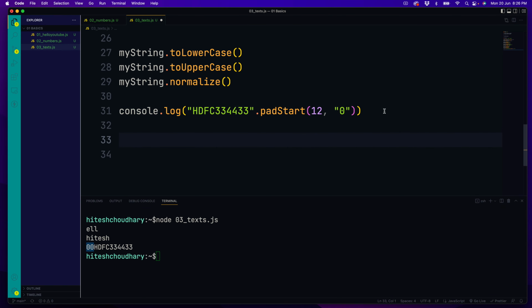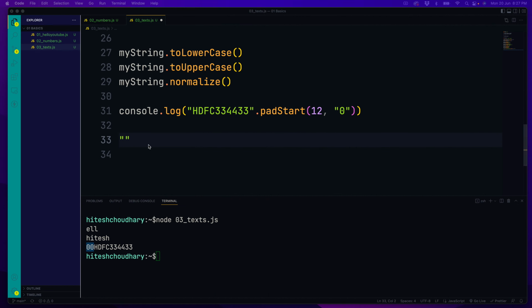Okay, moving on. In one of the early videos, I showed you that you can actually repeat a string. We didn't discuss it much, but we'll be discussing it now. Sometimes I'm building an application which prints some things on the console, and I want to make some messages look good and beautiful. In that case, putting up a console.log with 10 different stars, then a message, and then 10 different stars